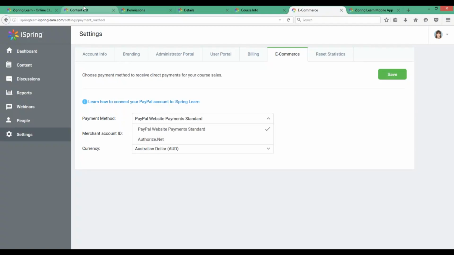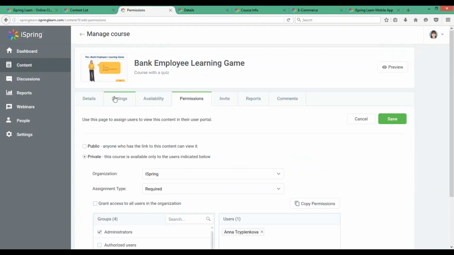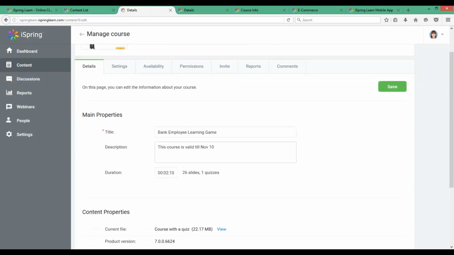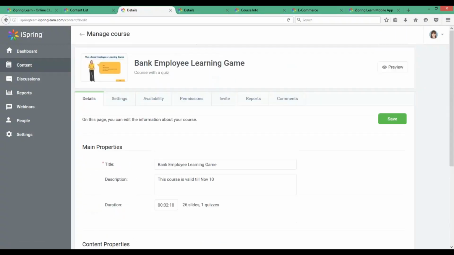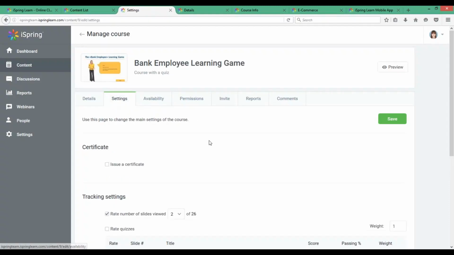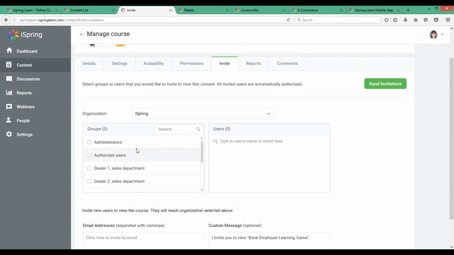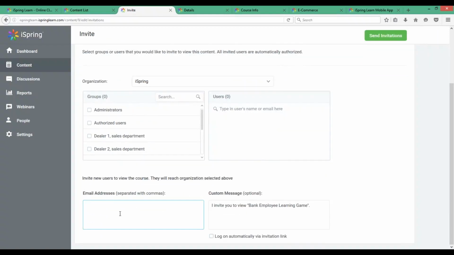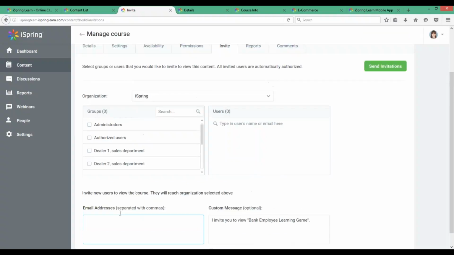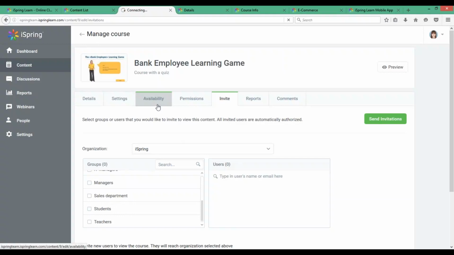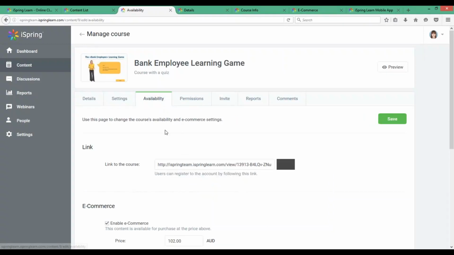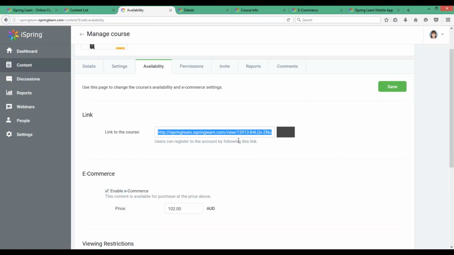To do that, you'll need to go to the content page and then go to the details, and here you can just copy. Oh, sorry, that's in the invite tab. So you can add users beforehand and then send the invites, or put in the email addresses in this tab and then send the invitations to your users. You can also go to the availability tab and copy the link to this course. Here it is, and then